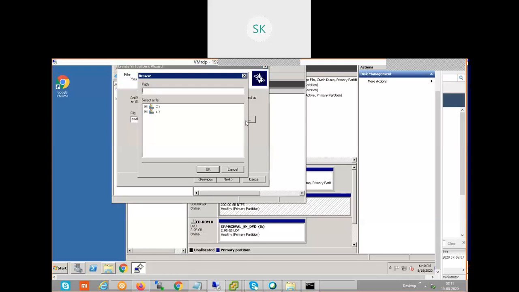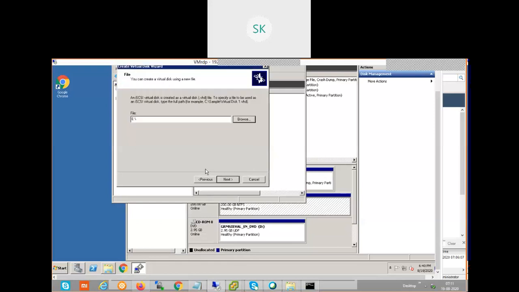It is going to create a file. Select the E drive. We created an E partition for this purpose. Click OK. Next. Type the file name.